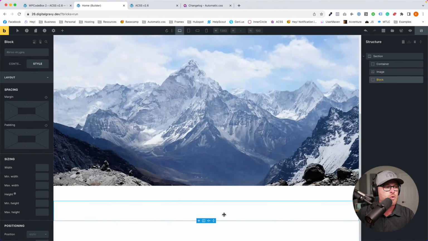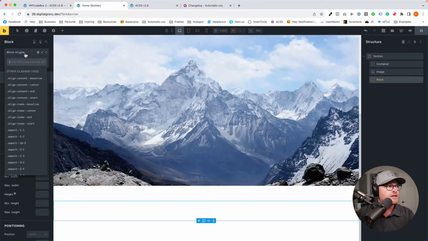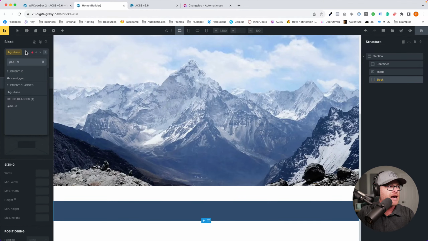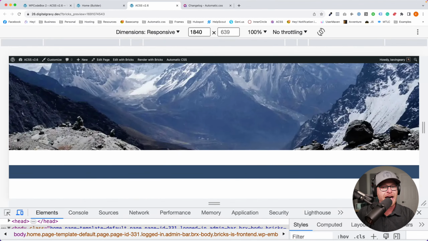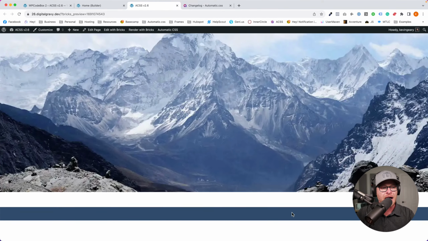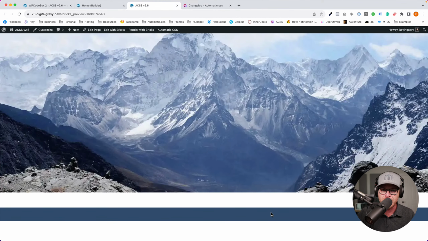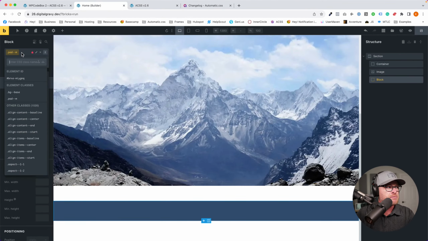A block, of course, will extend all the way. So let's do BG base. We'll just put a color on there and then pad M so that it has some dimension to it. Okay, we'll go in. Look at that block right there. Why does the block go all the way across? Because it's 100% width and because the section has no gutter. But I can say, no, you're going to be content width instead.